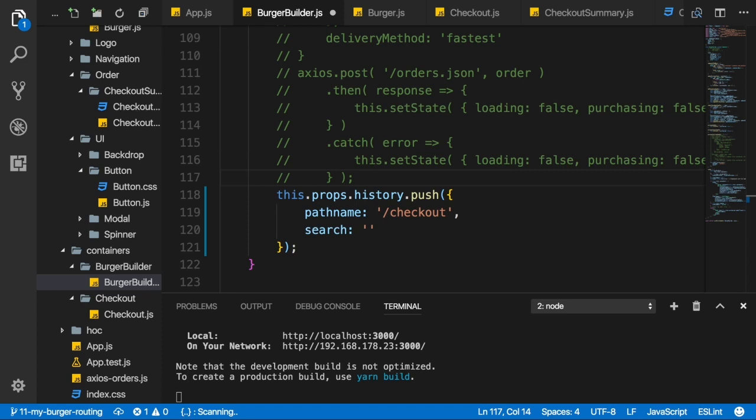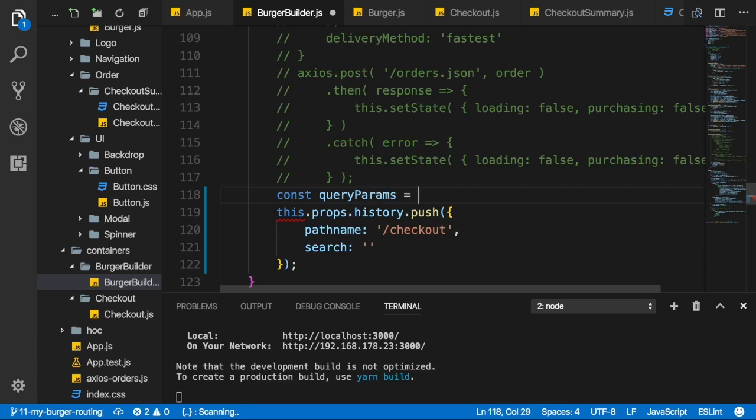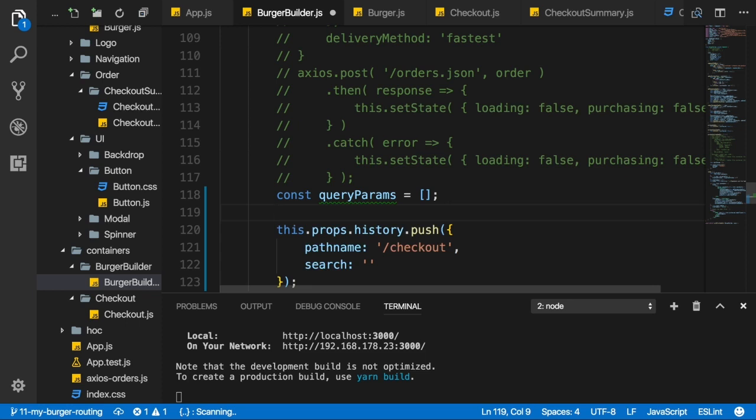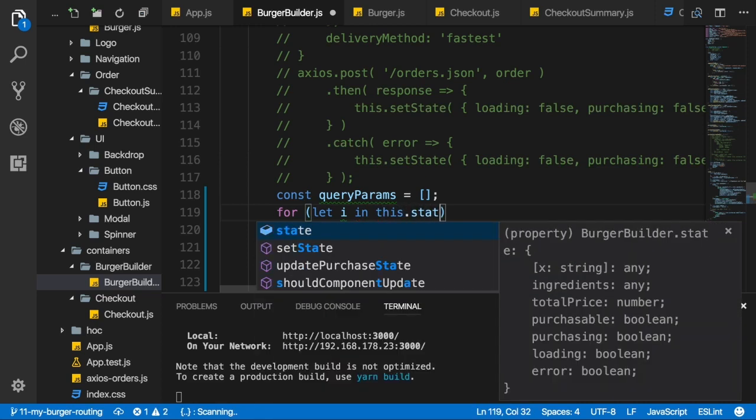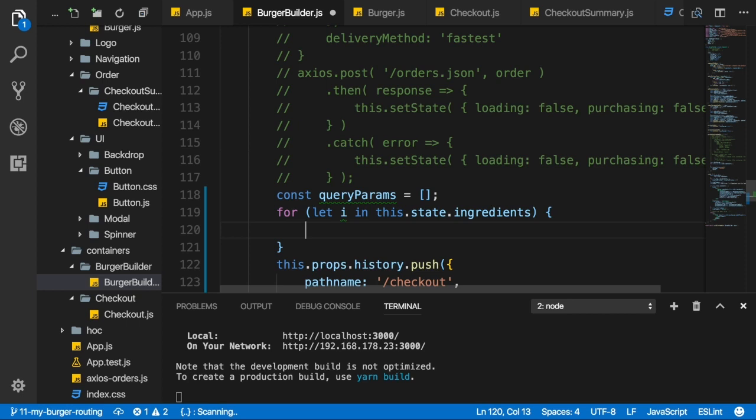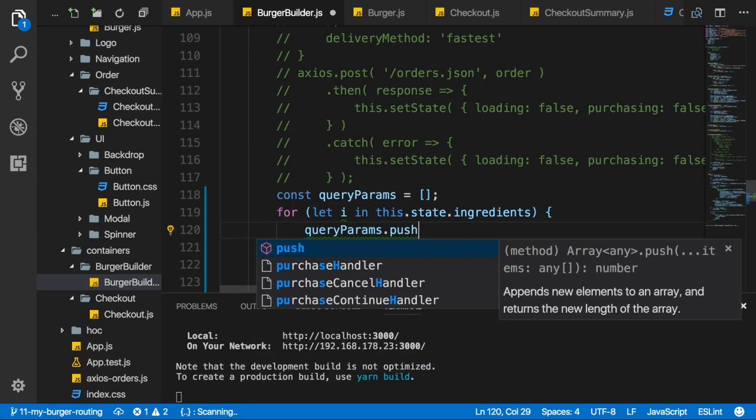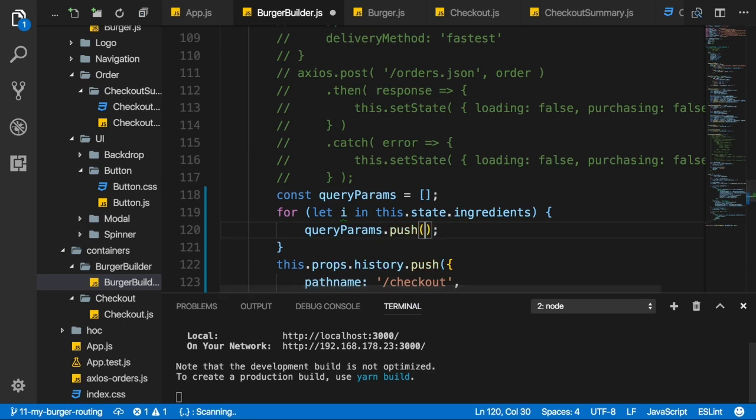How can I do that? I will create a new constant which I'll name queryParams. The name is up to you, of course. And this shall be an empty array initially. Then I want to add elements to that array. I'll do this with a for loop, and I'll loop through all the properties in this state ingredients, so in the ingredients I have. Now I will push each ingredient to this queryParams array, but there I will use